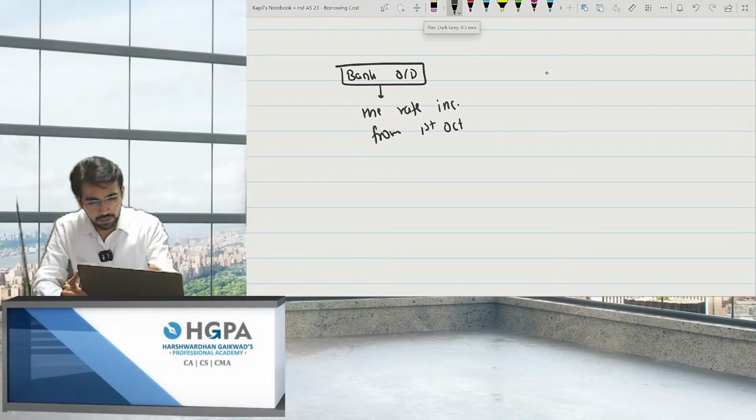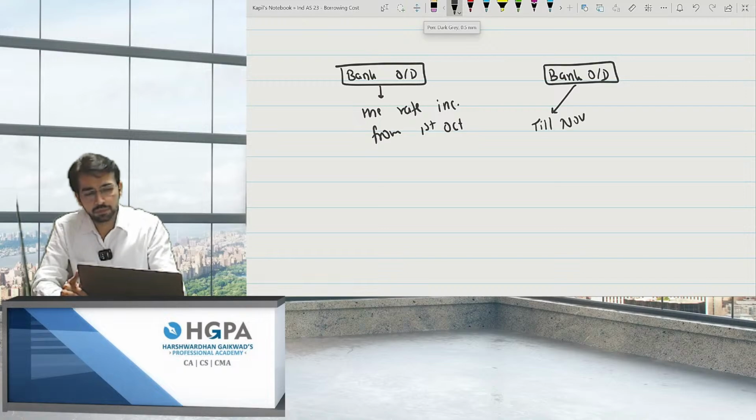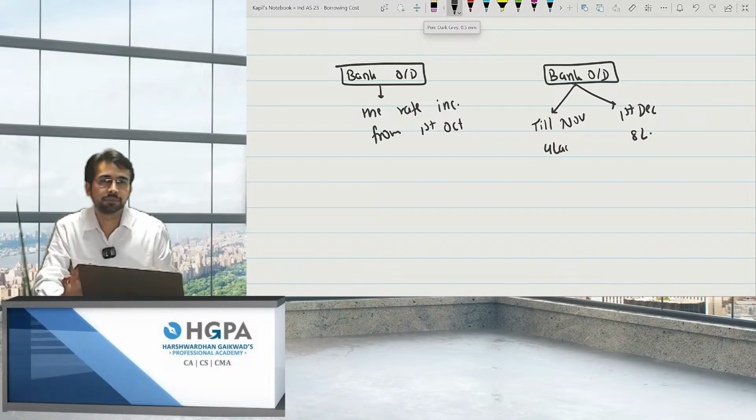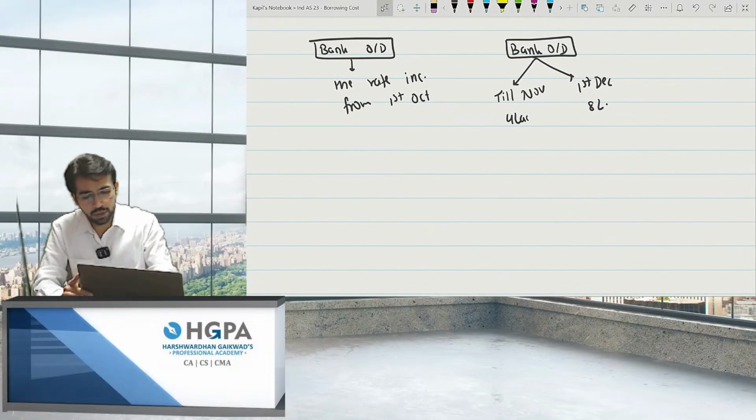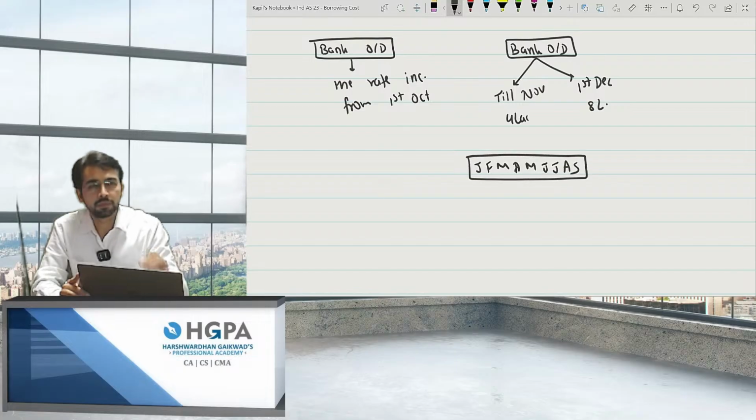Okay, and they told bank overdraft till November it was 4 lakh only, and from 1st December it went to 8 lakhs. So what I've done is I've bifurcated on the basis of the figures given. So can I say from Jan, Feb, March, April, May, June, July, August and September, this 9 months, it was